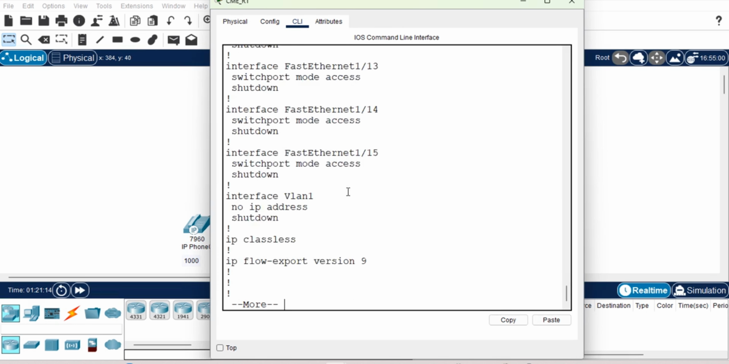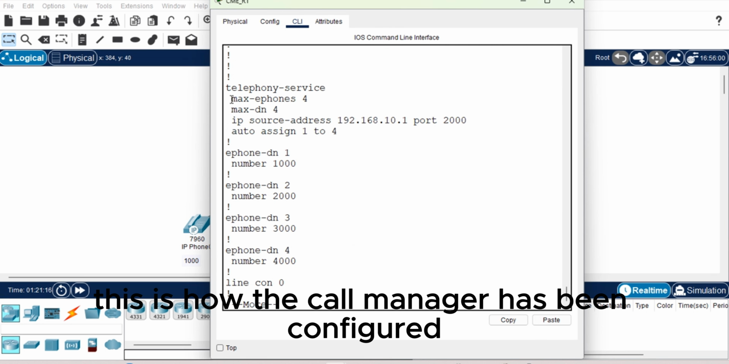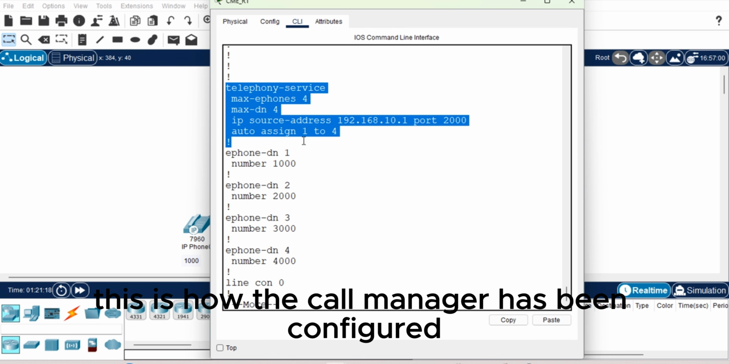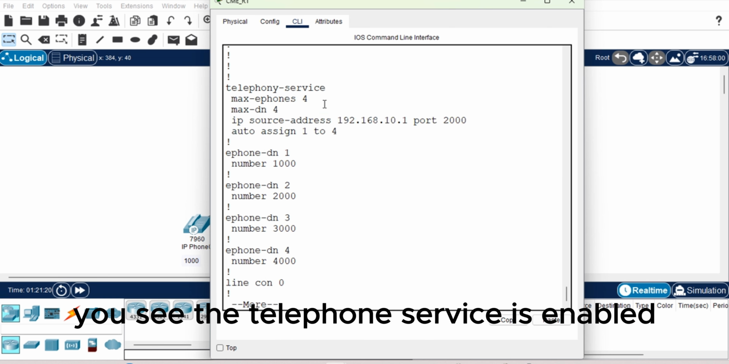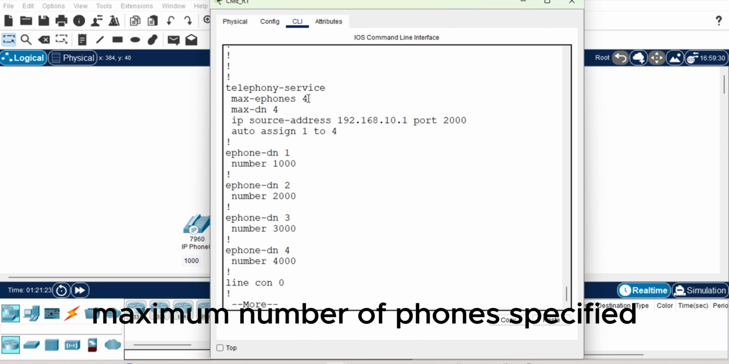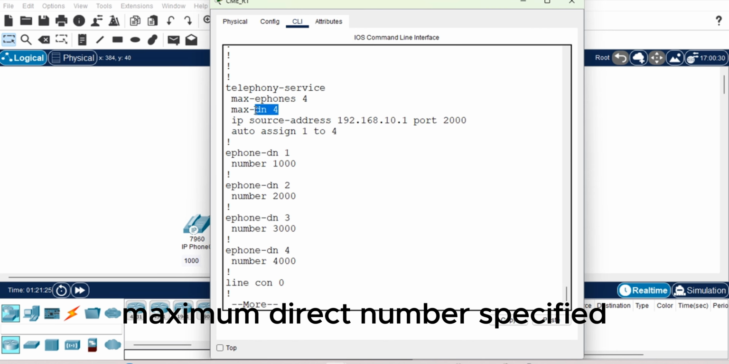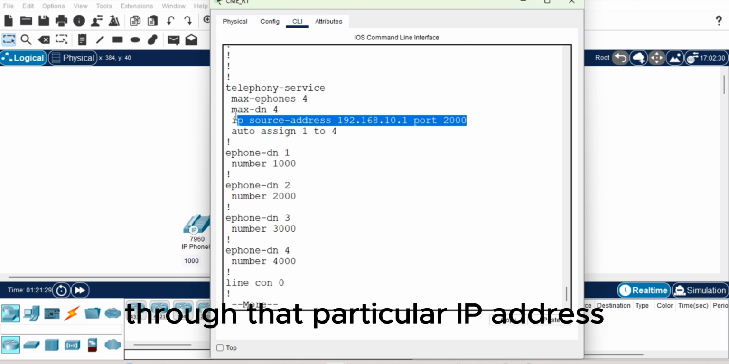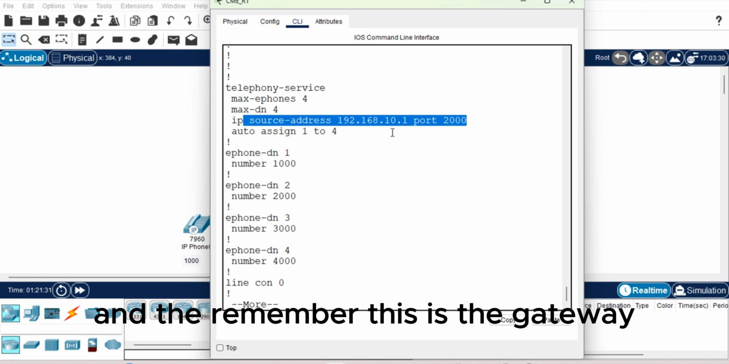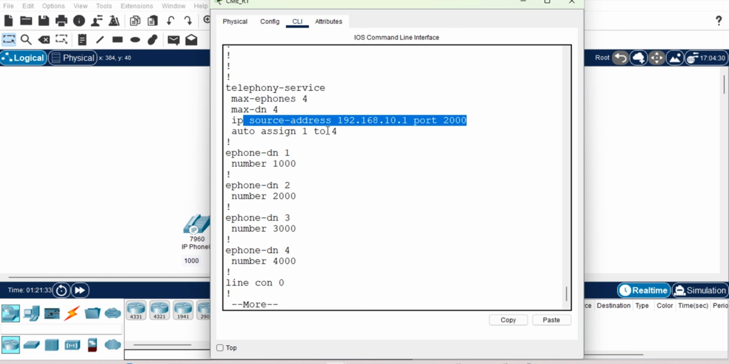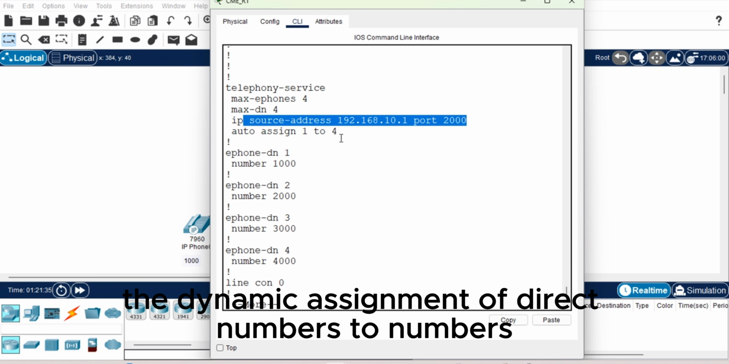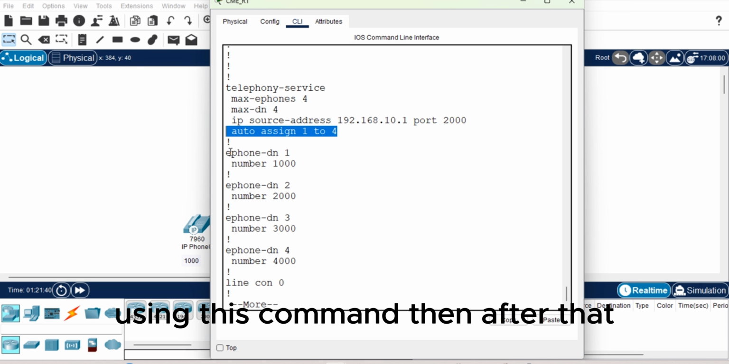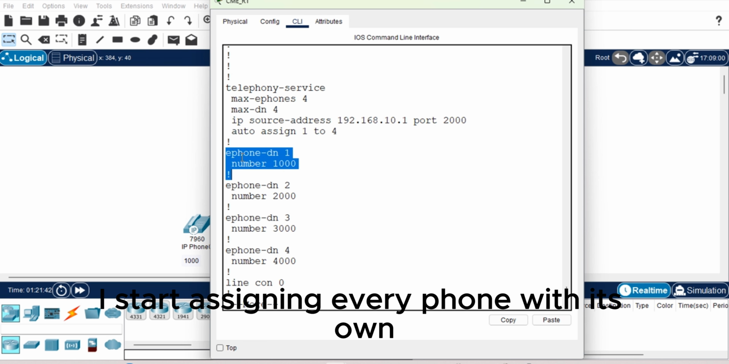Then down here, this is how the call manager has been configured. You see the telephone service is enabled, maximum number of phones specified, maximum direct number specified. The call manager is linked to phones through that particular IP address, and remember this is the gateway. Okay, then the dynamic assignment of direct numbers to numbers using this command. Then after there, I start assigning every phone with its